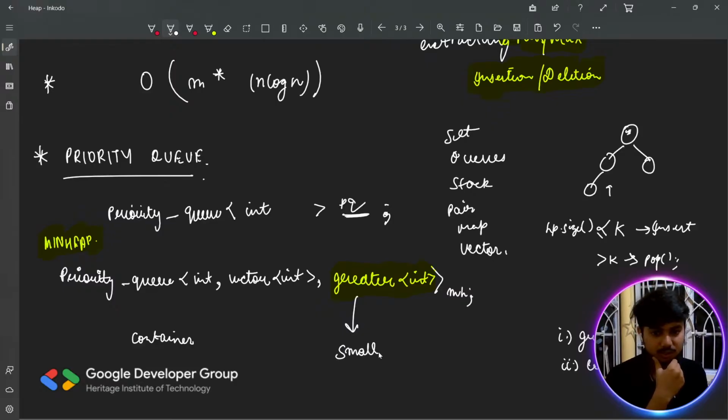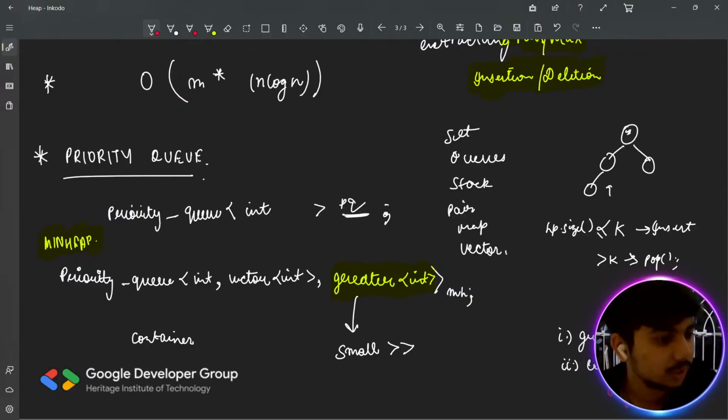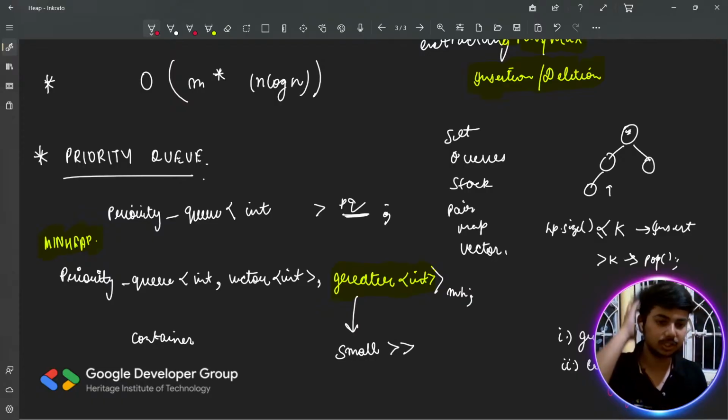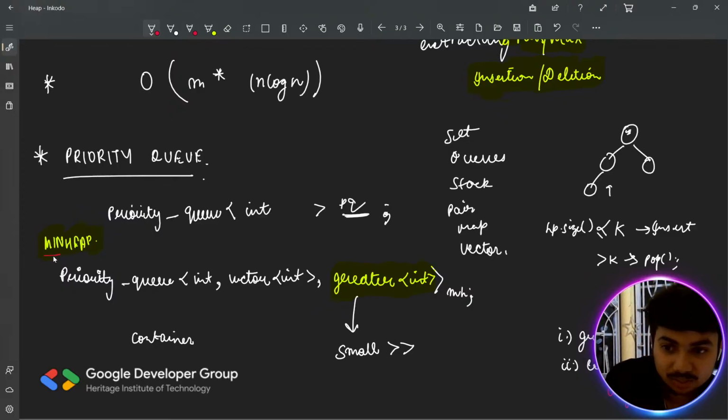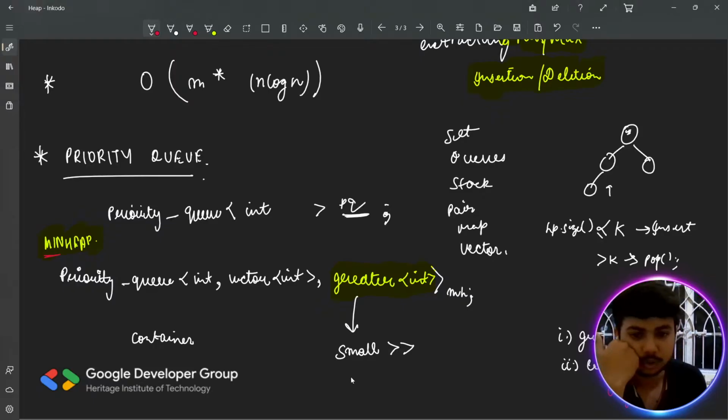जो भी स्मॉलर वैल्यू होगा ना उसको ये ज्यादा प्रायोरिटी देगा, ठीक है। And if you write less int, so what this does is whichever is the greater value, और जो भी ज्यादा वैल्यू होगा लार्ज, in this condition whatever will be the larger value among the two that will be gaining the better priority, right? तो हमें क्या चाहिए, हमें चाहिए मिन हीप। तो मिन हीप में सबसे ऊपर पे किसको रखना है, रूट लेवल पे जो भी स्मॉल एलिमेंट हो, ठीक है। You can write it as